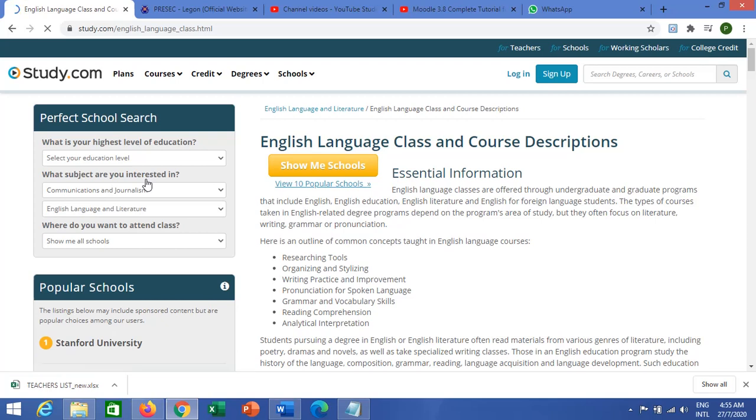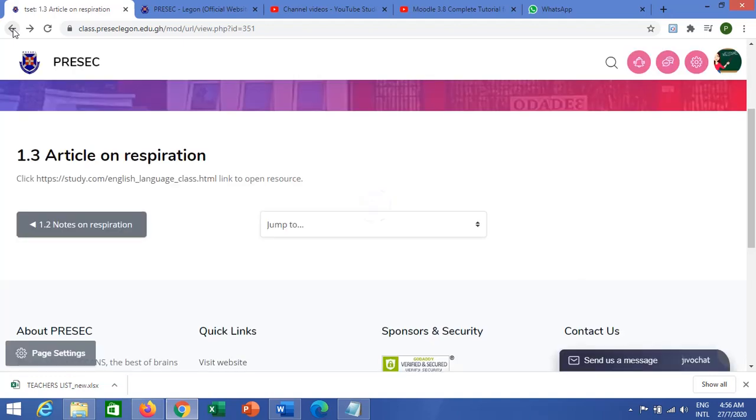Then the students can read this, and then once they are done, they can come back to the course itself. So that is how to redirect students to a particular page that maybe talks about the lesson, or it explains further the content. So you give the students not only the materials that you have prepared, but you can also direct them to a link that they can read to expand their knowledge on the article that you are trying to expose to them. Now, in the same way,